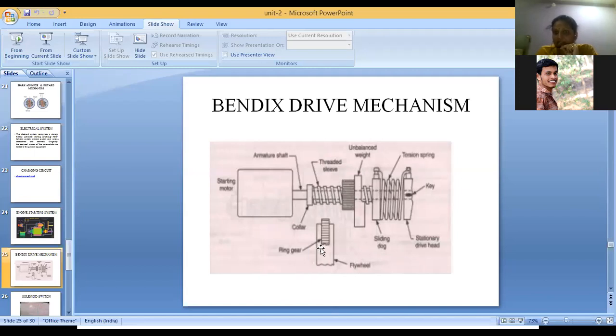But as the engine got started, it will take energy from the fuel. It means whatever fuel, I mean petrol or diesel we are using, it will take energy from that and it will continue running.